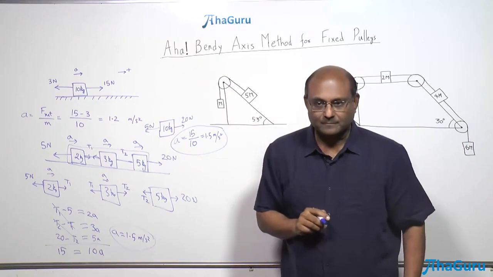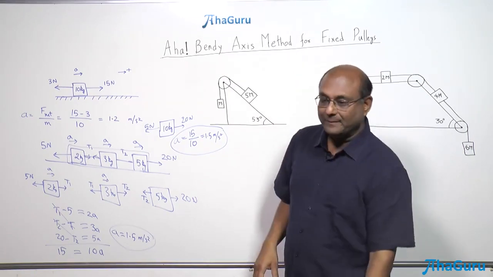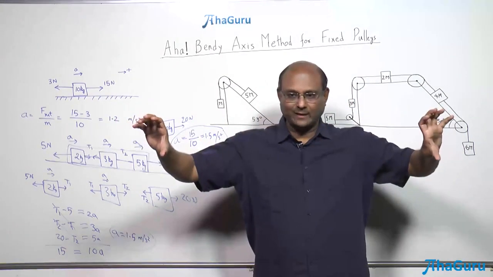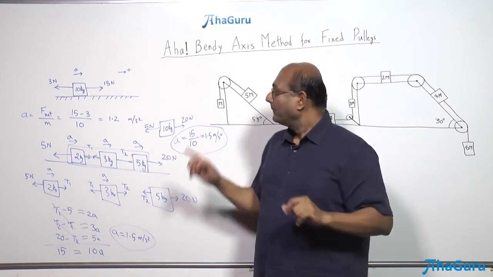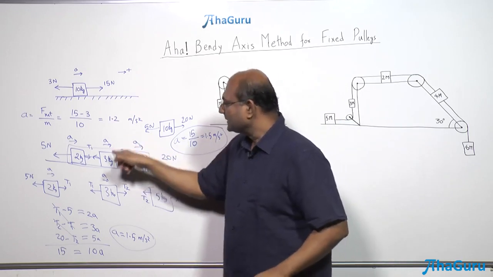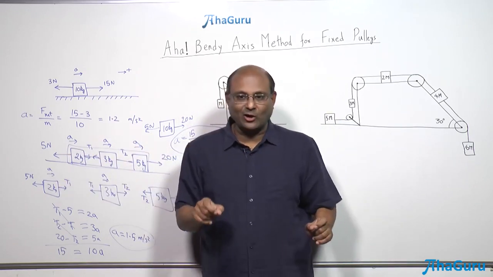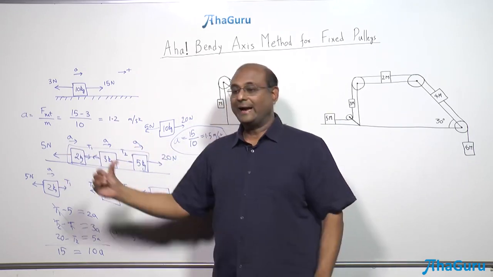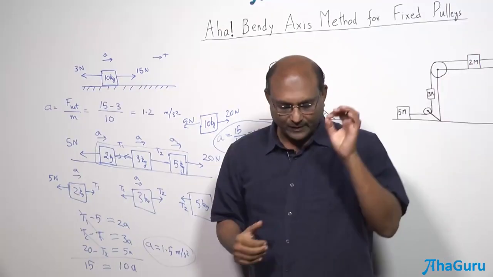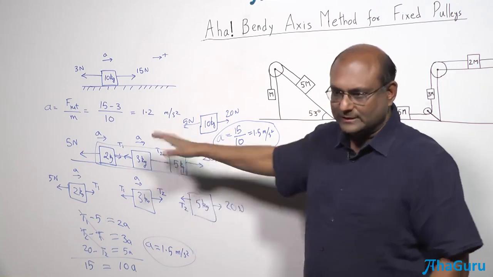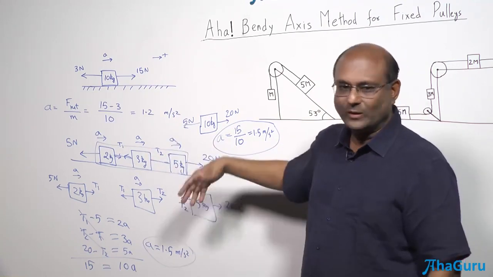Do you follow? Right? So what did we do here? We basically said, okay, they are all moving together, so you can just treat this as one single block. Okay, but remember, this guy's acceleration, that guy's acceleration, and that guy's acceleration are all equal and in the same direction. It has to be equal and in the same direction. Now comes the problem. So you know this already. I mean, this is something that you can do as a shortcut.